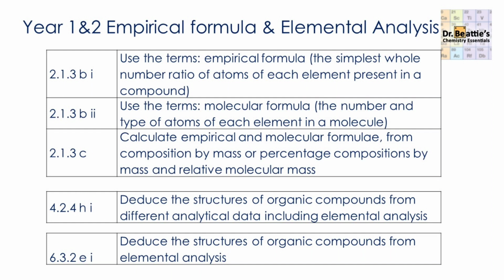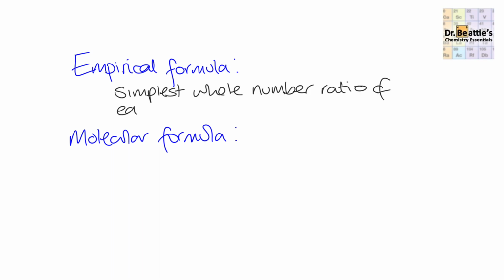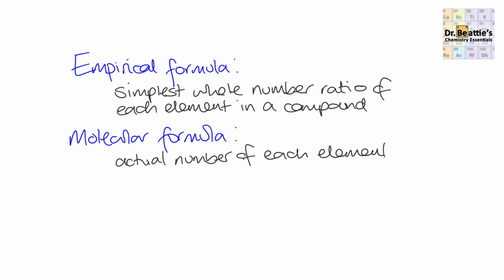these types of questions. So firstly, we must start by defining what an empirical formula is and its difference compared to a molecular formula. So an empirical formula is the formula giving the simplest whole number ratio of all the atoms of each element in a compound. This is different to the molecular formula, because this shows the actual number of atoms of each element in a molecule or compound. So if we took the alkene